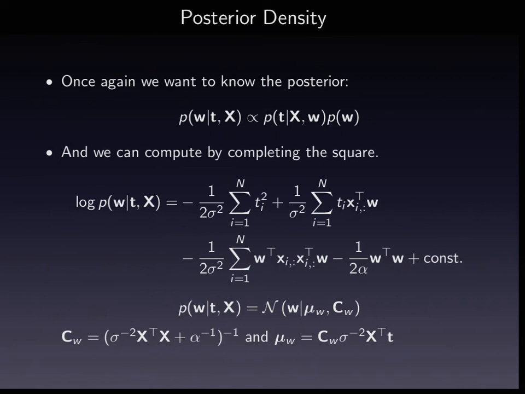We want it in this form. Call it mu_w just to say the mean of w, the posterior mean. C is what we often use for covariance, inverse C. We want it in that form because that's what we expect the exponential of the Gaussian to be. Once we've got that, we know the mean, we know the covariance, and the other bits of the Gaussian out